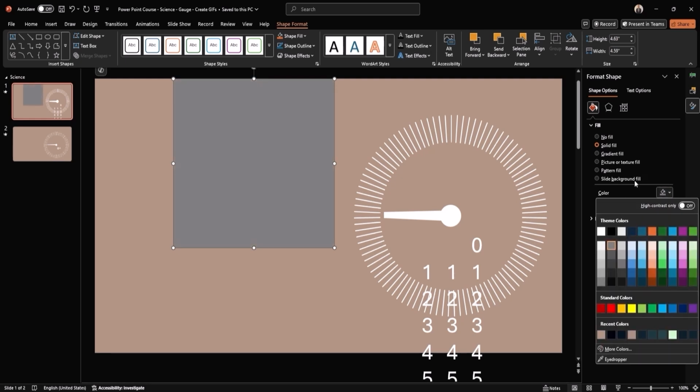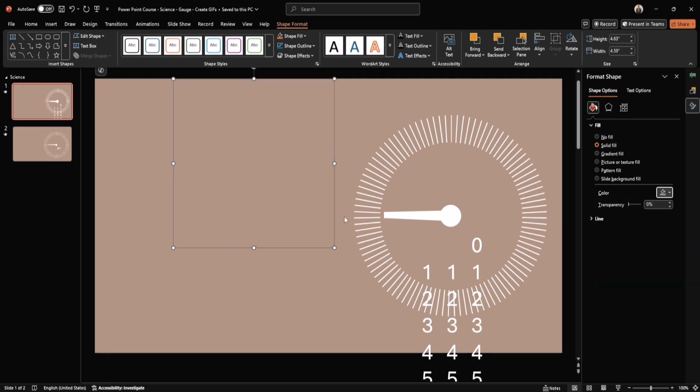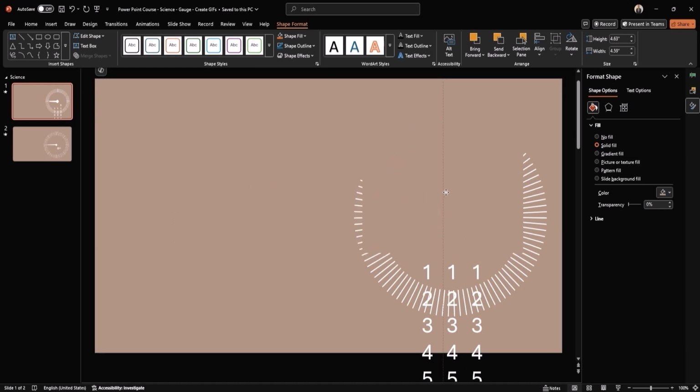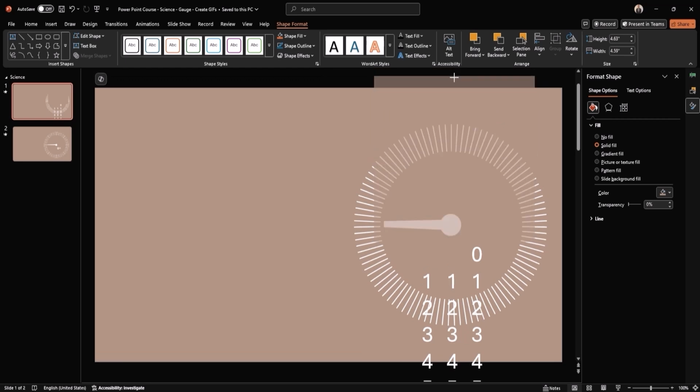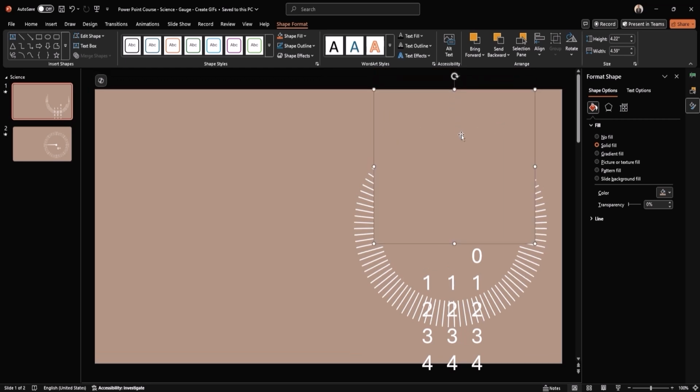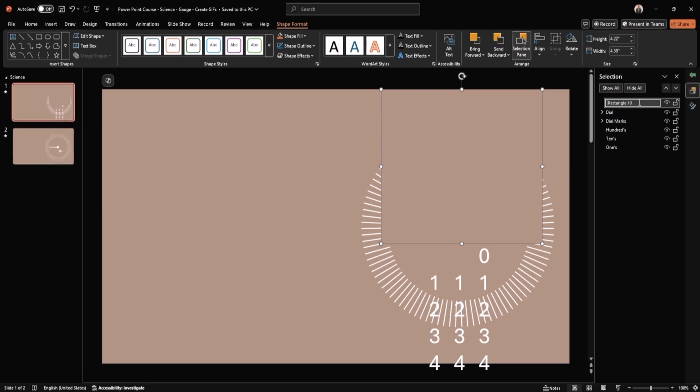Place it over the numbers, covering the top section. Head to the Selection pane, rename the rectangle for clarity, and drag it down under the dial and dial marks, but above the numbers.